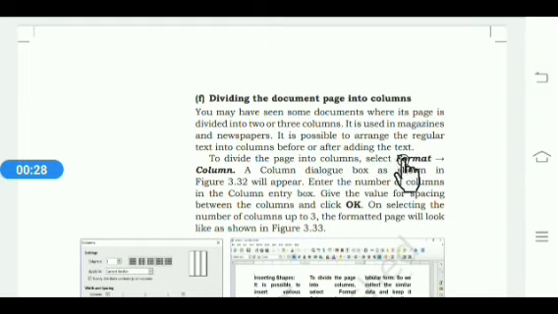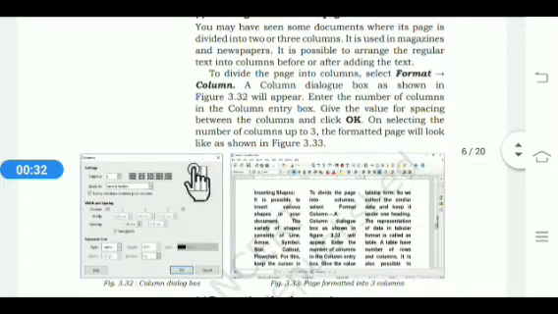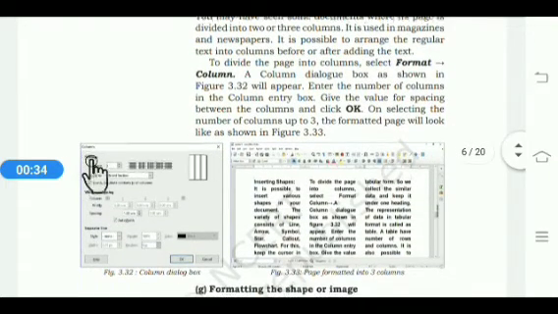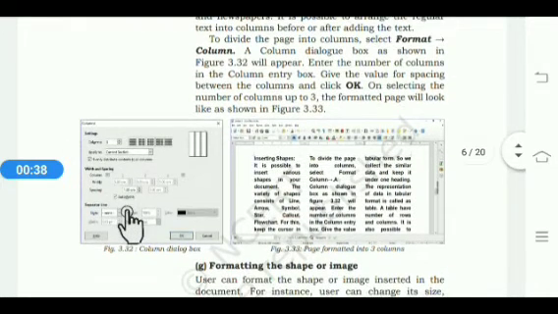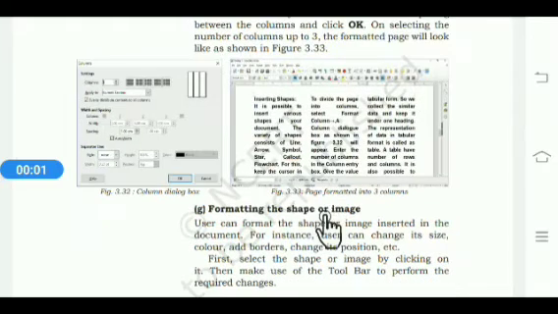Firstly click on the Format menu, then click on the Column option. Then the Column dialog box will appear. Then select the number of columns in the Column box. Then give a value for spacing between columns. Then click on OK.